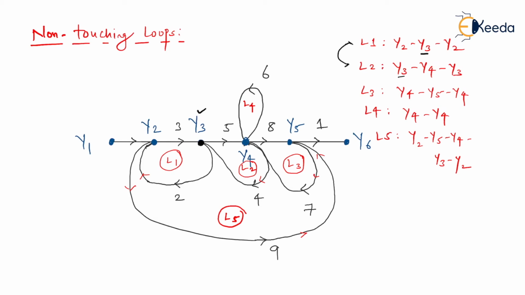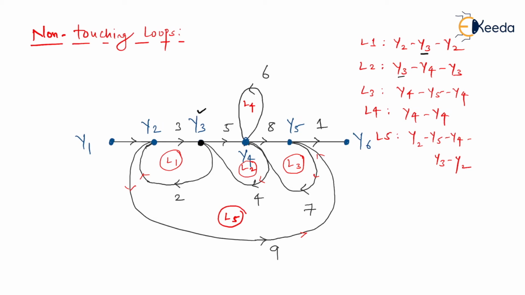I hope you understood how to understand that L1, L2 are not two non-touching loops. The reason I'm saying two non-touching loops is because I'm comparing two loops. Whenever you are comparing two loops, you will find two non-touching loops or two touching loops. Or you might consider three loops together so as to get three non-touching loops. So it is quite clear that the L1 and L2 comparison is done.